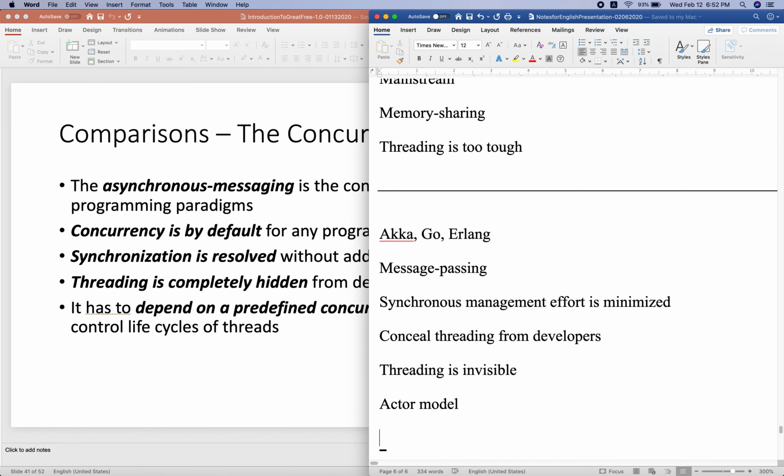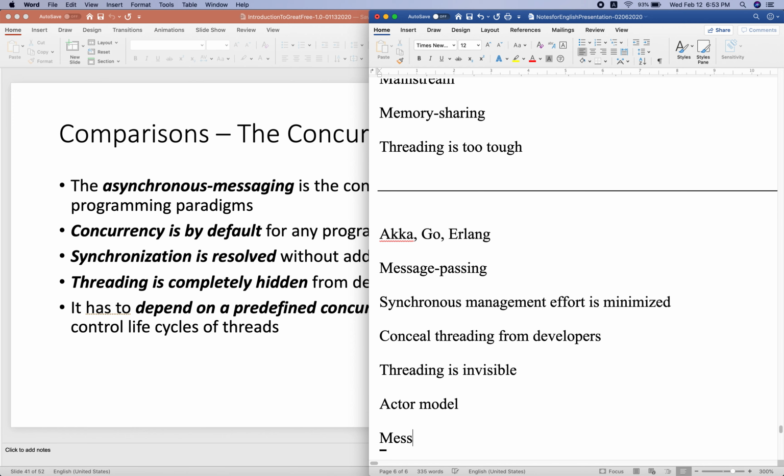The actors can interact with each other through asynchronous messaging, and when messages are received, all the messages are processed concurrently.